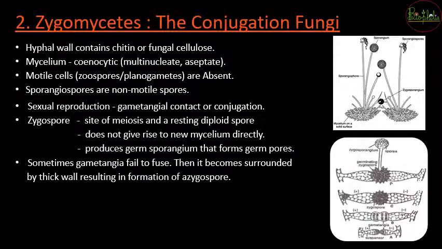Now let's see the second group of fungi, that is Zygomycetes. Zygomycetes को conjugation fungi भी बोला जाता है. So let's understand the details about this group. So hyphal wall जो होता है that is going to be made up of chitin, or it can be made up of fungal cellulose. Mycelium, that was the group of crisscross hyphae, that is going to be again cenocytic,